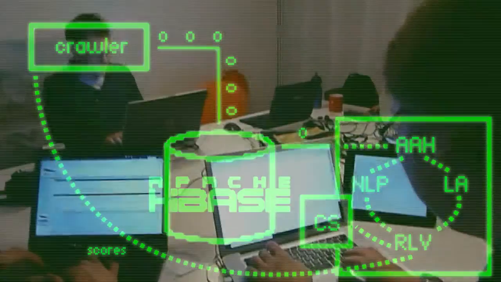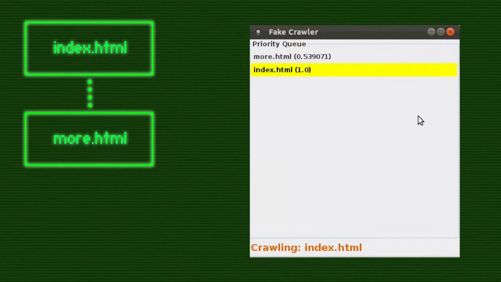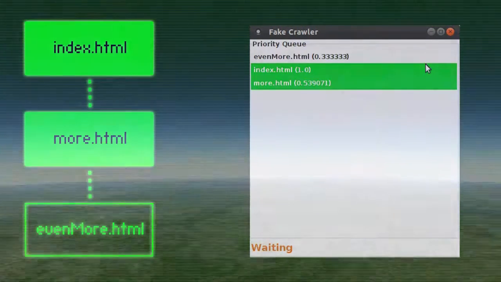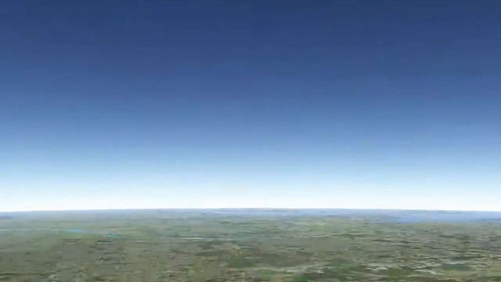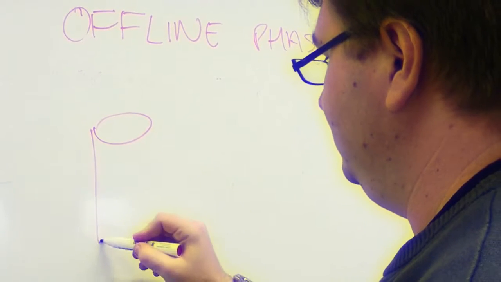We set about implementing the design, and in just 5 days we ended up with a working implementation of the online phase. This was tested using a mock-up crawler and some carefully constructed mock-up web pages. 2 months later, we again converged in Hanover and had another hackathon where we set about designing and implementing the